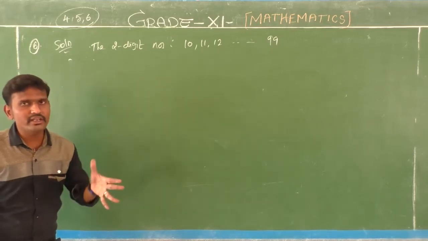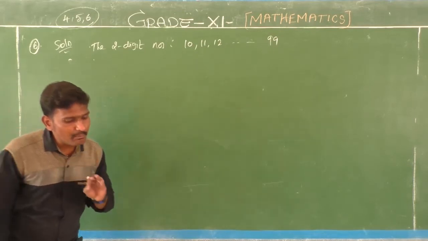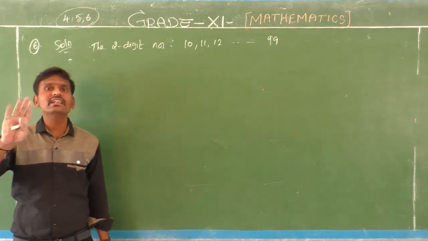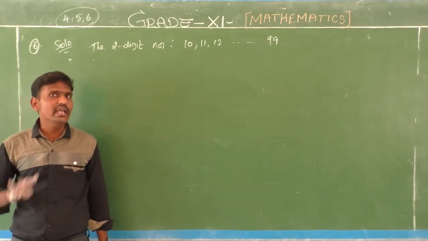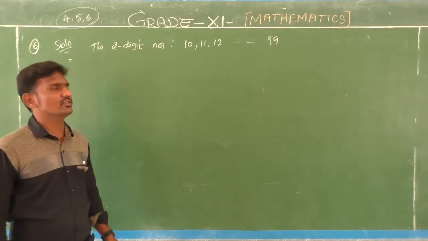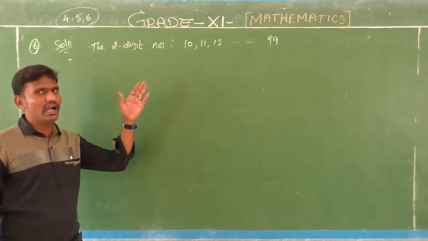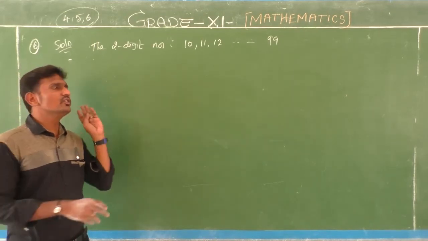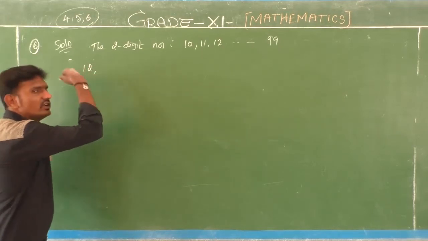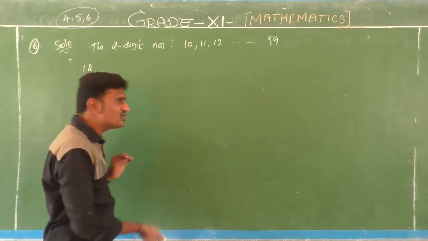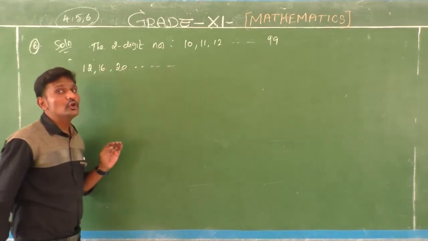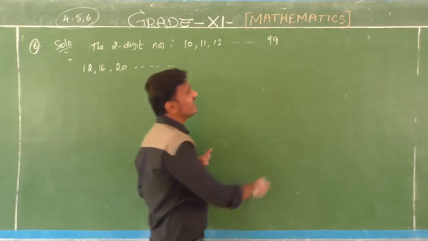For these numbers, we are going to select the numbers that are divisible by 4 and yield 1 as a remainder. Before that you should know the multiples of 4. Among 10, 11, 12, you have a multiple of 4: 4 3s are 12. After 12, 4 4s are 16, then 20, and so on until the last number, 99.